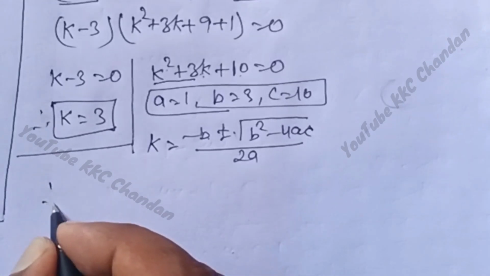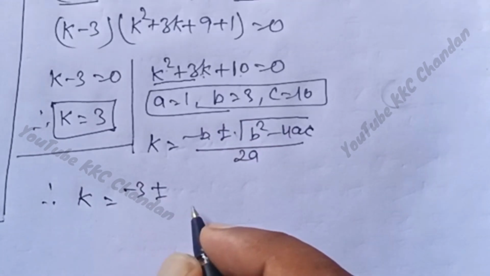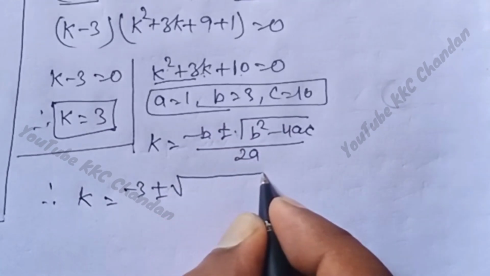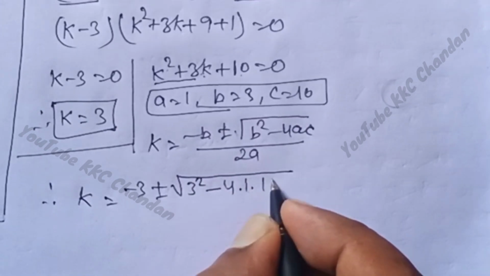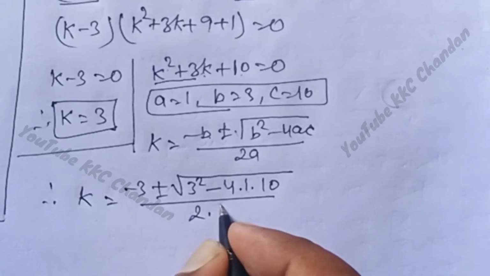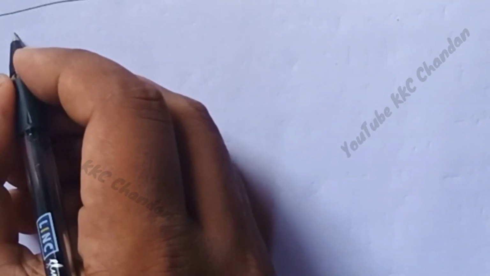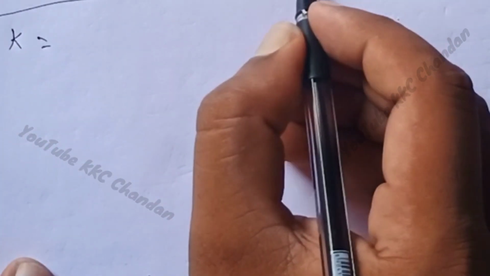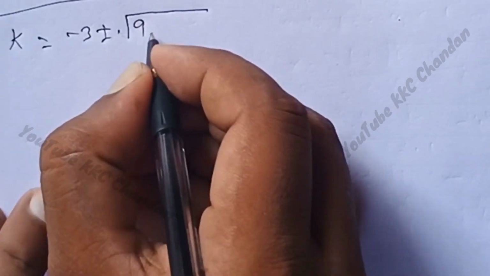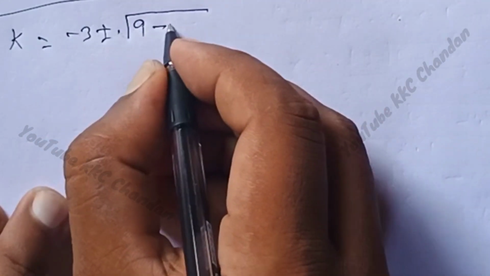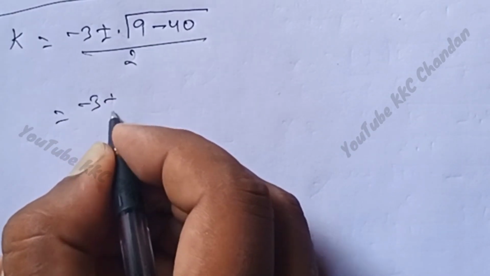Therefore k is equal to minus b value, minus 3, plus minus root under b square, means 3 square, minus 4, a value 1, c value 10, divided by 2 into a value 1. In the next step, see here, k is equal to minus 3 plus minus root under 3 square 9 minus 4 into 10, 40, divided by 2. Therefore minus 3 plus minus